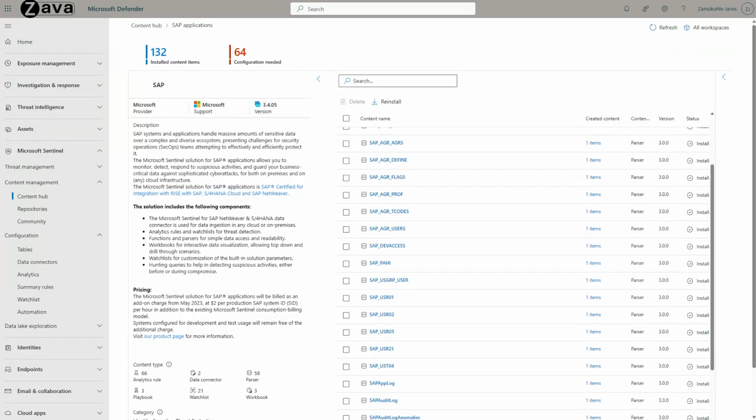Okay, and then you see here all the little content names, and for someone with SAP knowledge, this is just clear what all of this is. SAP, AGR, flags, and things. Yes. But this speaks mostly to the SAP security savvy persona. And we're providing parsers and the right language to make it simpler for the SOC analyst as well.